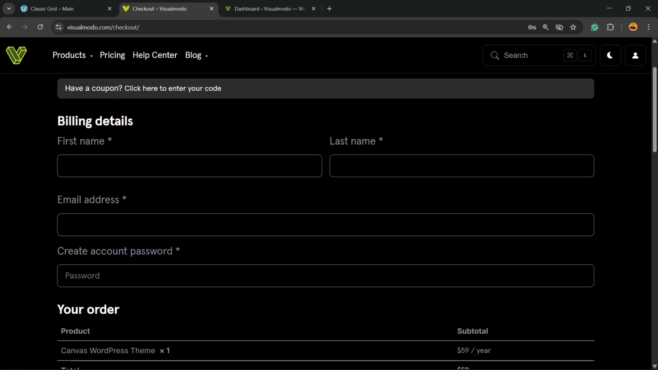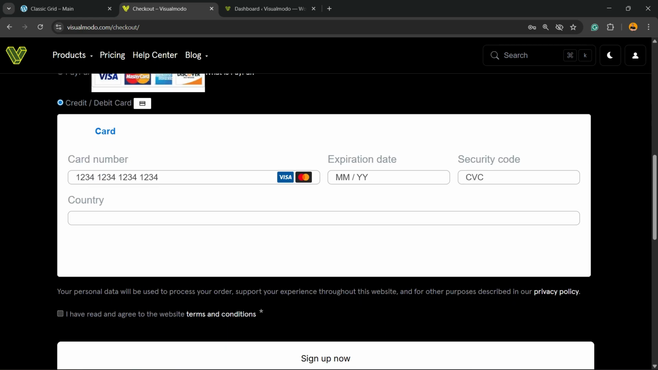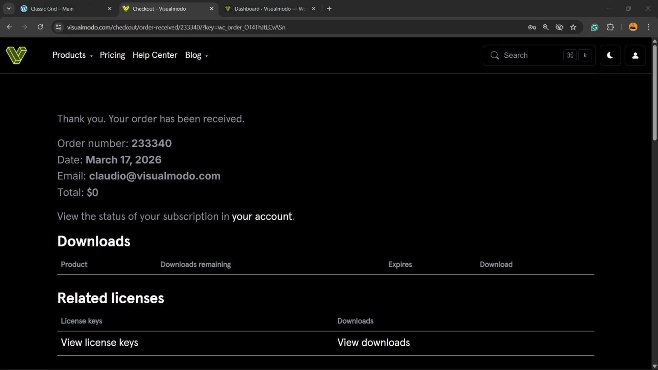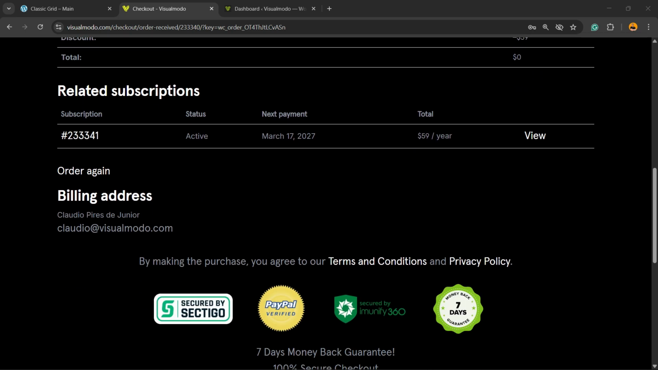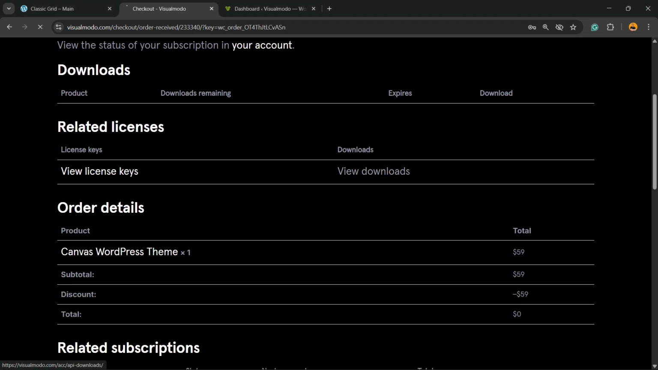Then you're going to need to enter your name, your email, and create a password, and in the case that you have one, you can enter a coupon code, just like this. Having placed your order, you're going to be able to see a page like this one right here. You can go to the view downloads button,